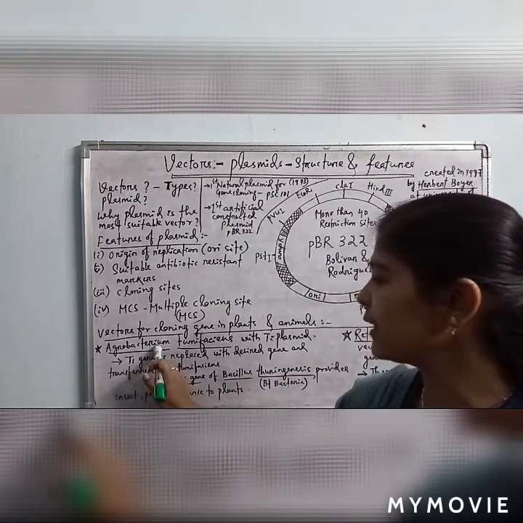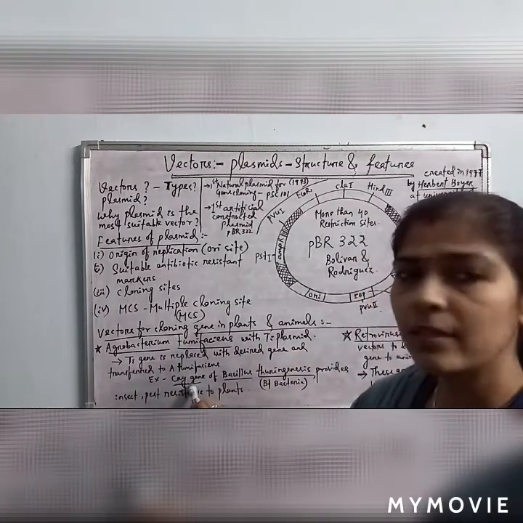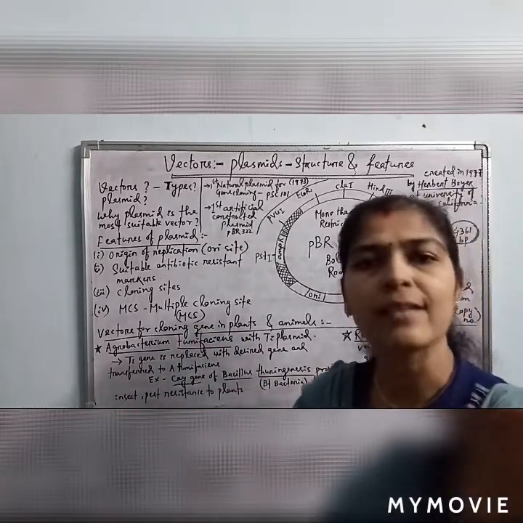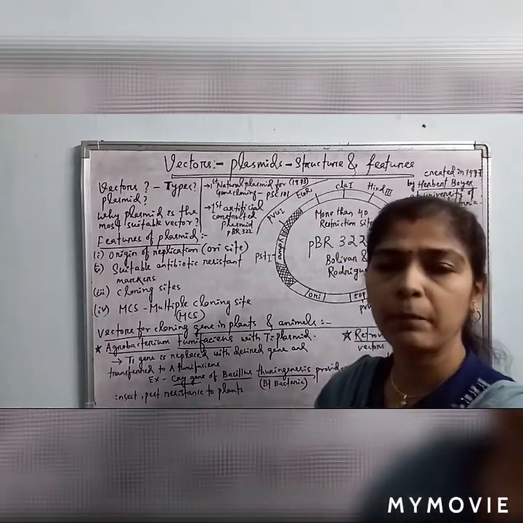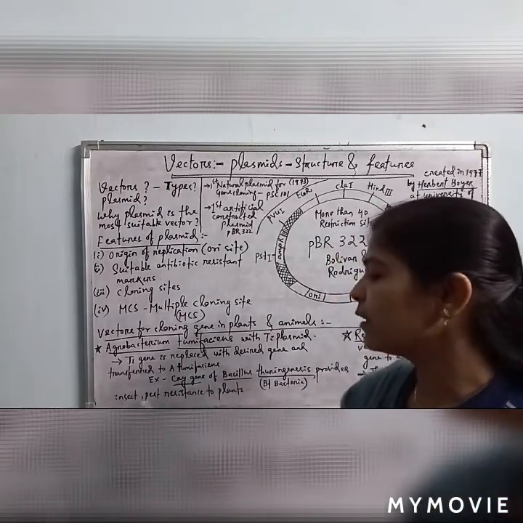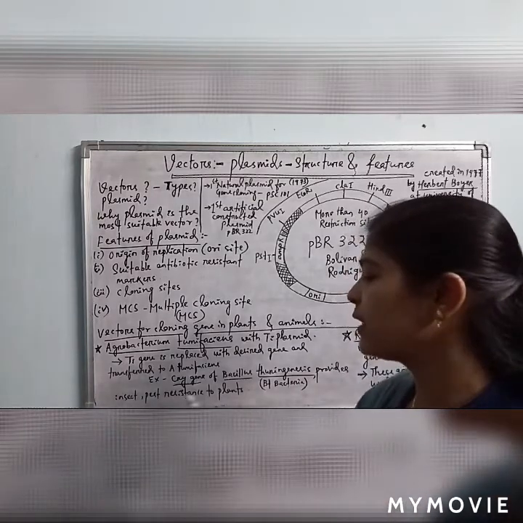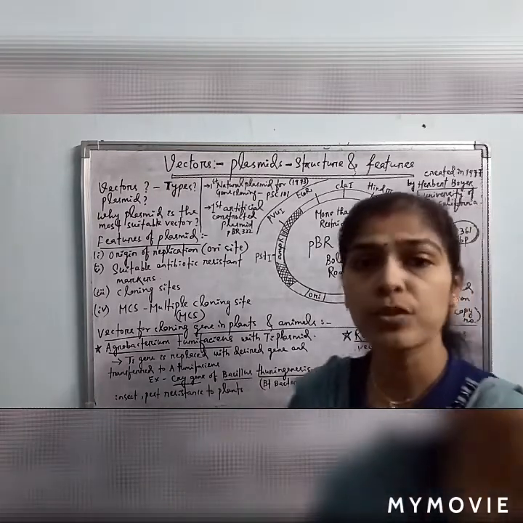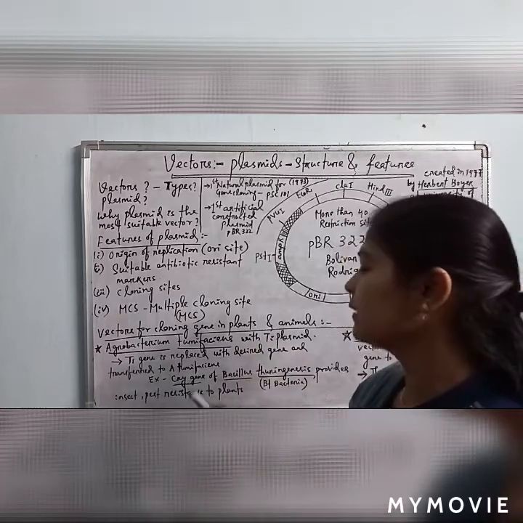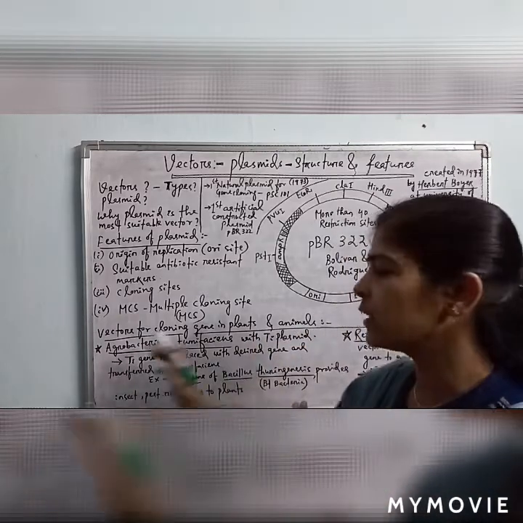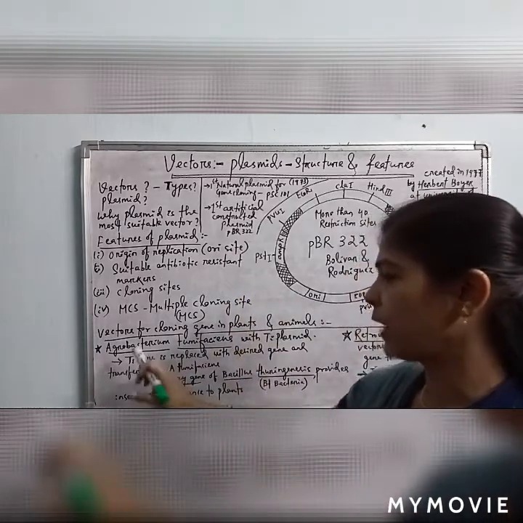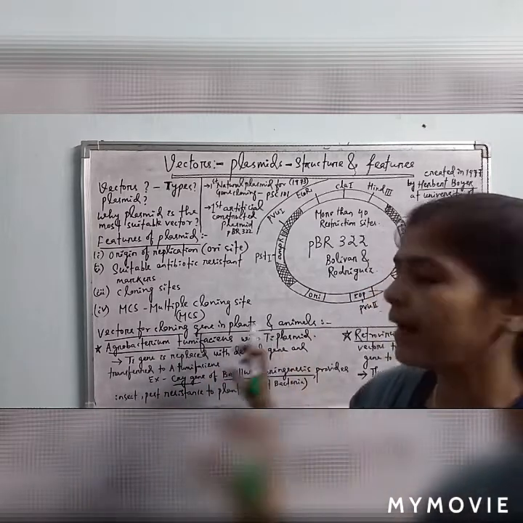Now this Agrobacterium tumefaciens has the TI plasmid with the cry gene, meaning it has a recombinant plasmid, and this recombinant plasmid-bearing Agrobacterium can infect the plant cells, so that the cry gene can be inserted into the plant cells. The cry gene is responsible for insect and pest resistance. So we can induce insect and pest resistance in plants by ligating this cry gene to the TI plasmid, replacing the T-DNA or TI gene. This is one of the procedures. By using the Agrobacterium tumefaciens TI plasmid vector, plants can be transformed.